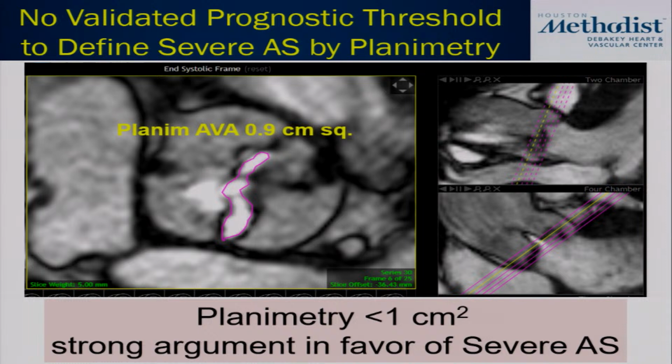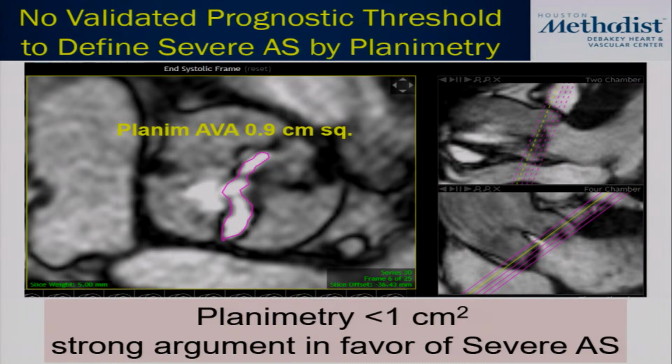Now, what's another important thing to know is that really there is no prognostic information based on planimetered valve areas as to patient outcome. All of that data comes from echo and from the continuity equation. But we do report a valve area to you, and I think it's important for you as the